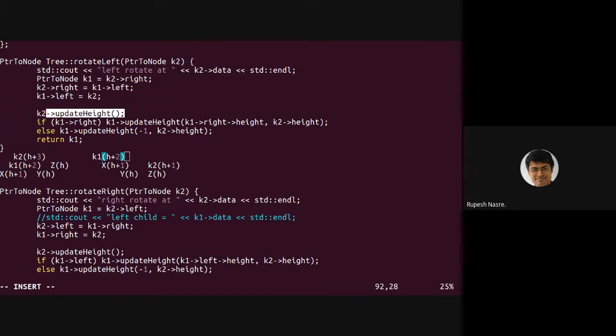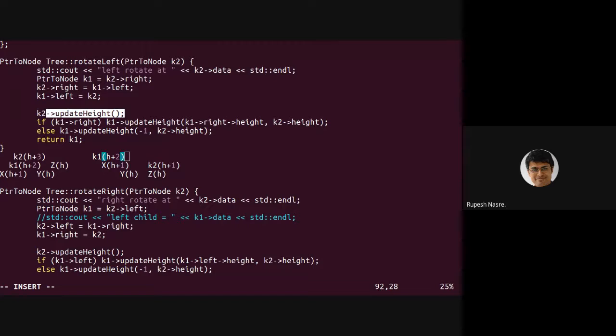Yes, sir, my question is that after updating, means after rotating the first time, we should check above all the nodes whether it is balanced or not. Okay. So that is the important piece here, that X is not changing. The height of a subtree will change if there is any update, if there is any insertion or removal within that subtree.